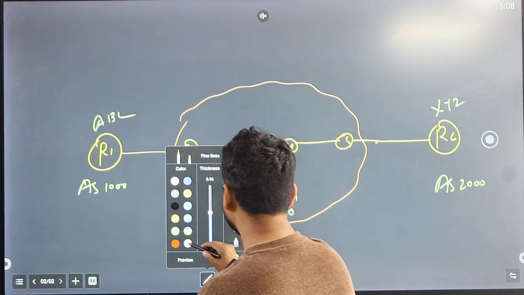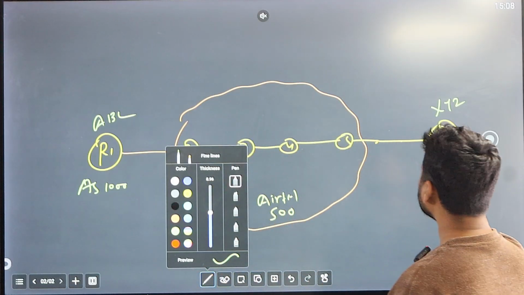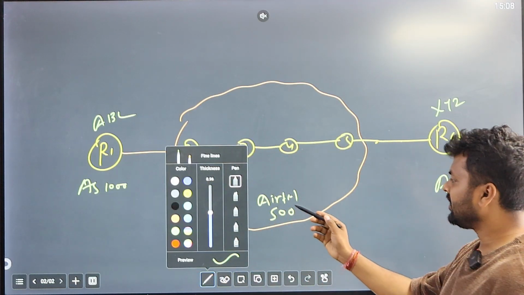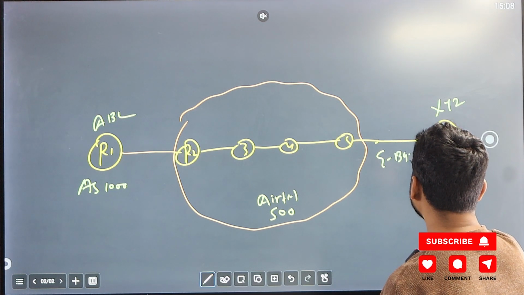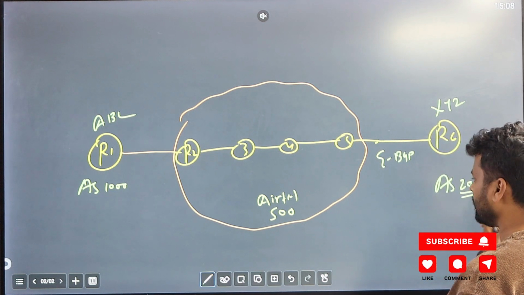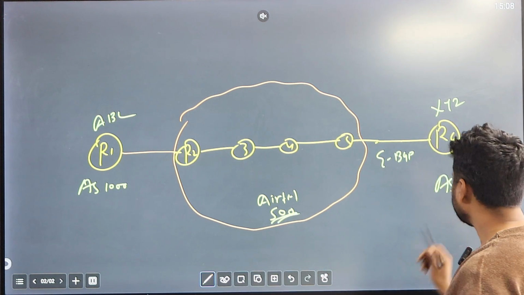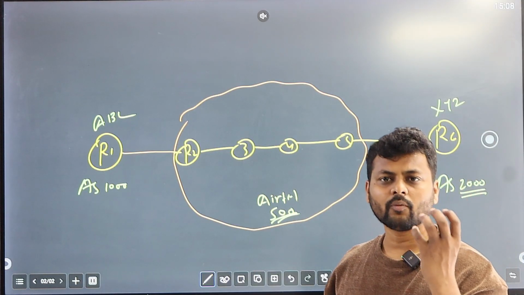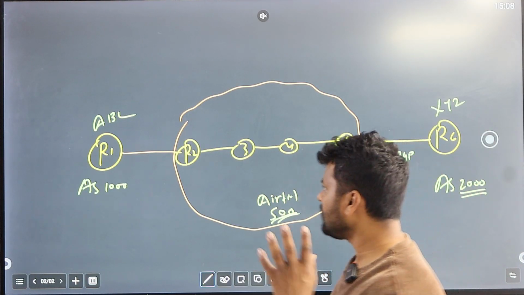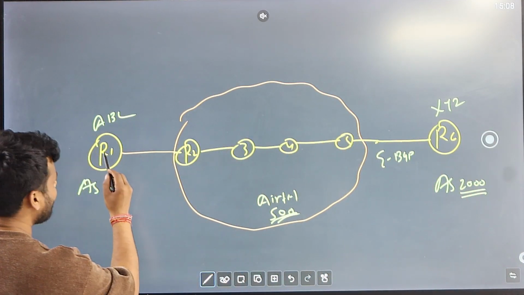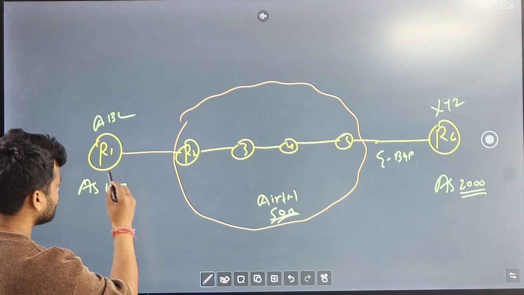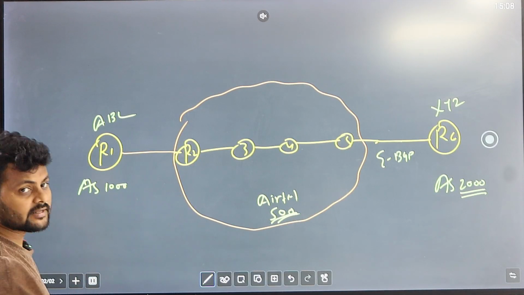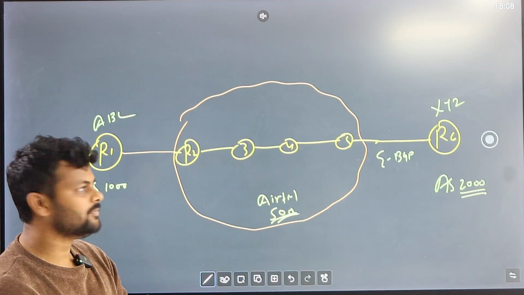Between Router 6 and Router 5, the XYZ company and Airtel, if you make the neighborship, that's called an EBGP neighborship, external, because I have AS number 2000 and AS number 500. So between two different AS numbers, we have the EBGP concept. In the same way, Router 1 and Router 2: Router 2 is participating in AS number 500, so a neighborship between these two is again called EBGP.